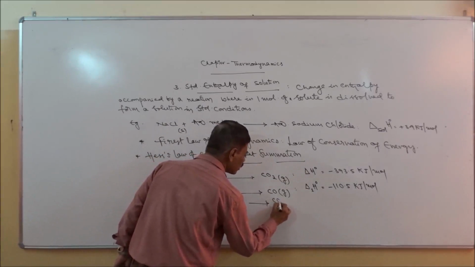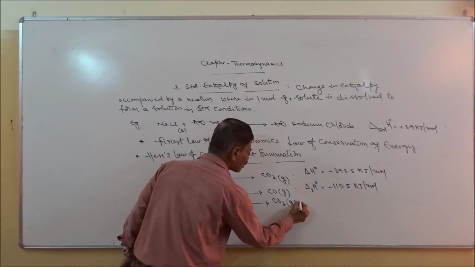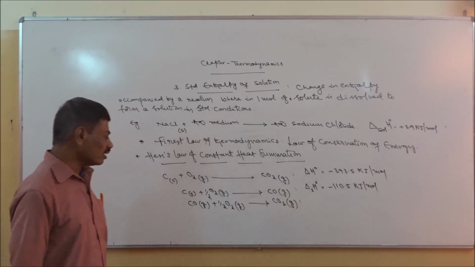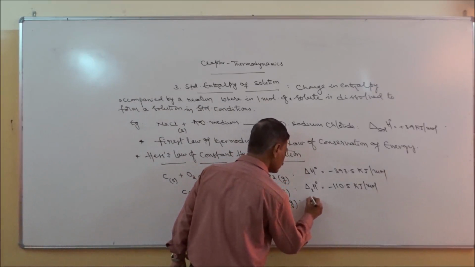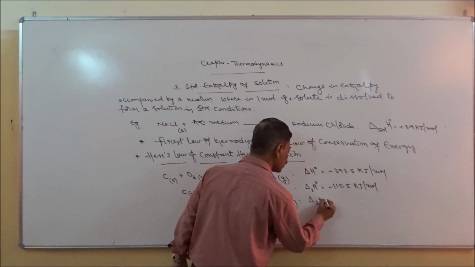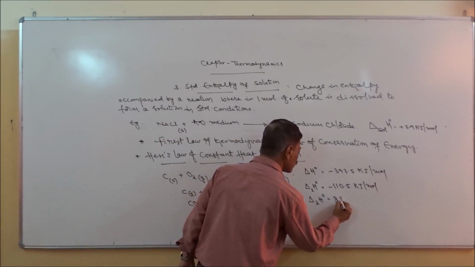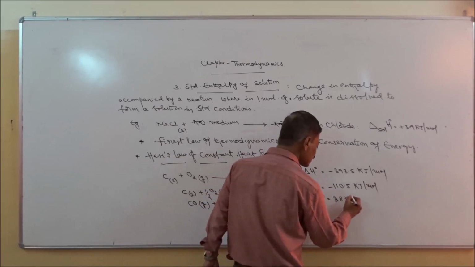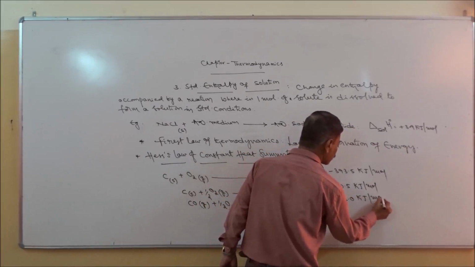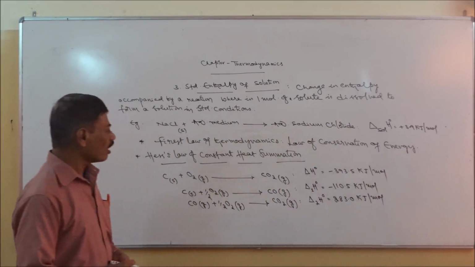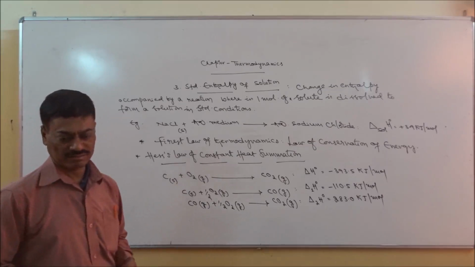As a result, we will get carbon dioxide gas. And in this reaction, the amount of energy accompanied is delta 2 H naught is equal to 283 kilojoules per mole. And according to Hess,